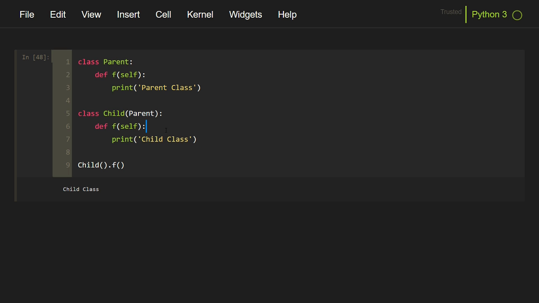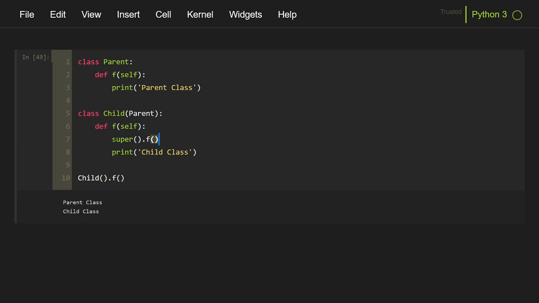To do that, super function can be used, which delegates the call to the parent function super, and then we can use the dot operator and call the parent function. So parent's function is f, and if we run this again, super f calls the parent's f function, and so parent class is being printed, and then normal execution of the child class can be continued. So it also prints child class.